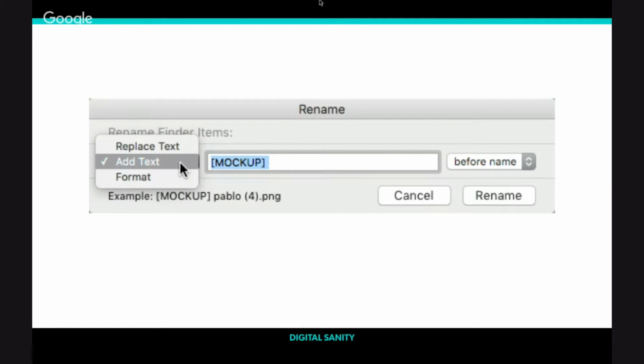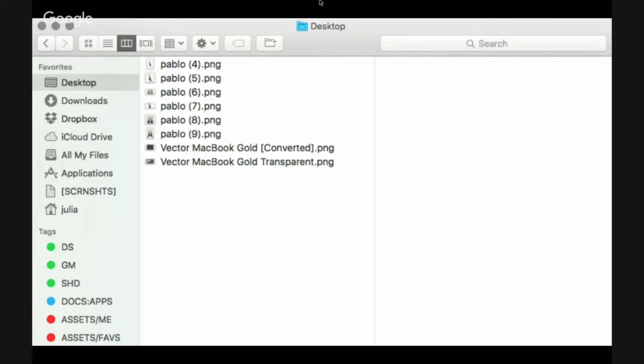This is what it looks like blown up. So I can add text before the name, that little drop down before name. You can also add a keyword or text after the name. So it goes from this,